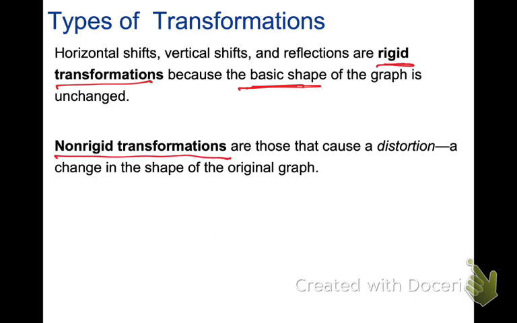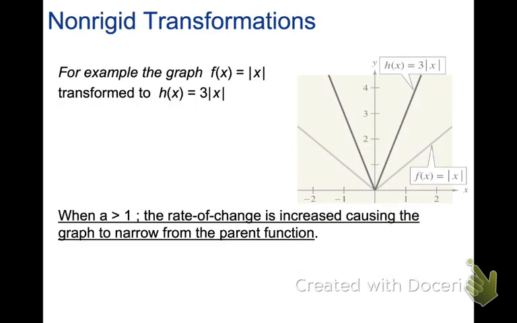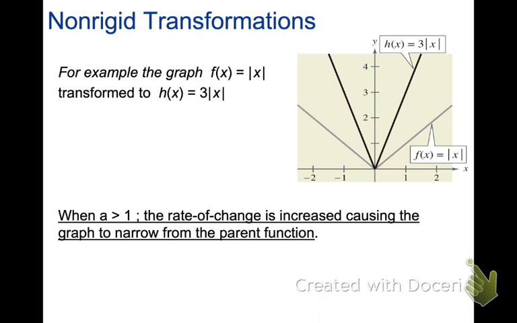Non-rigid is going to affect your A. Is it wider or is it narrower? Make sense? I'm not going to tell you to identify those. Okay. So the example here is if I have the absolute value of X, which is the gray